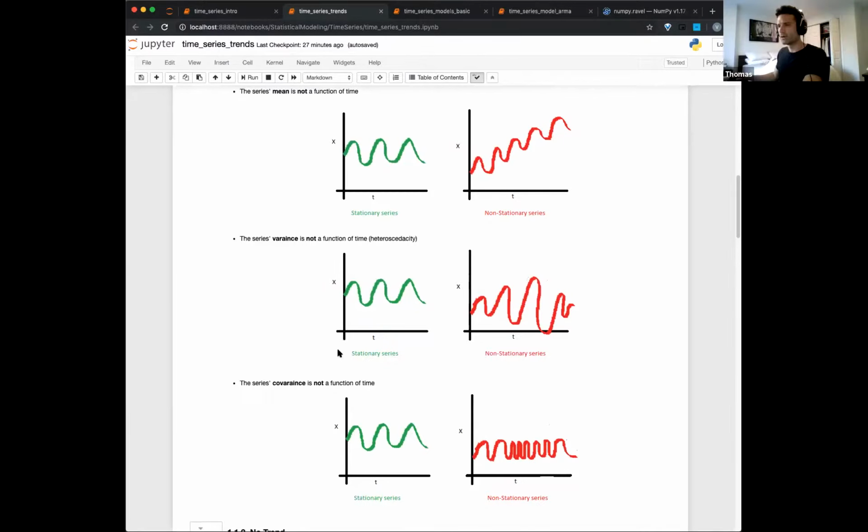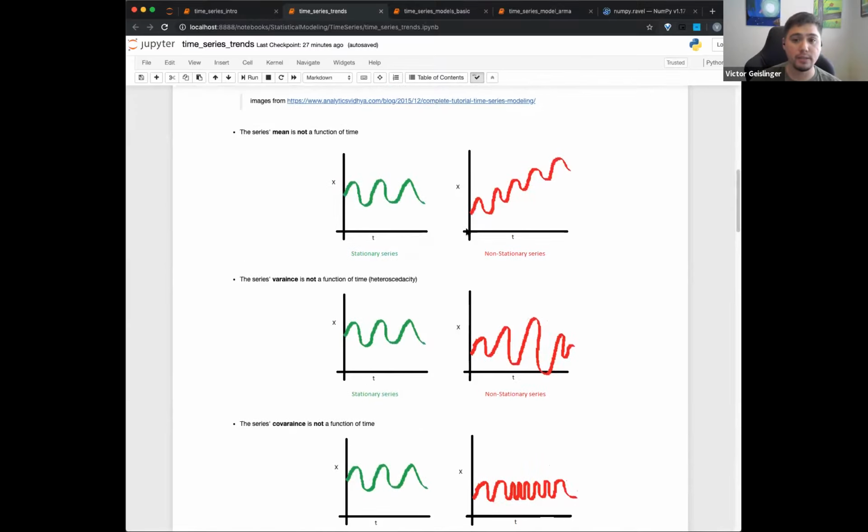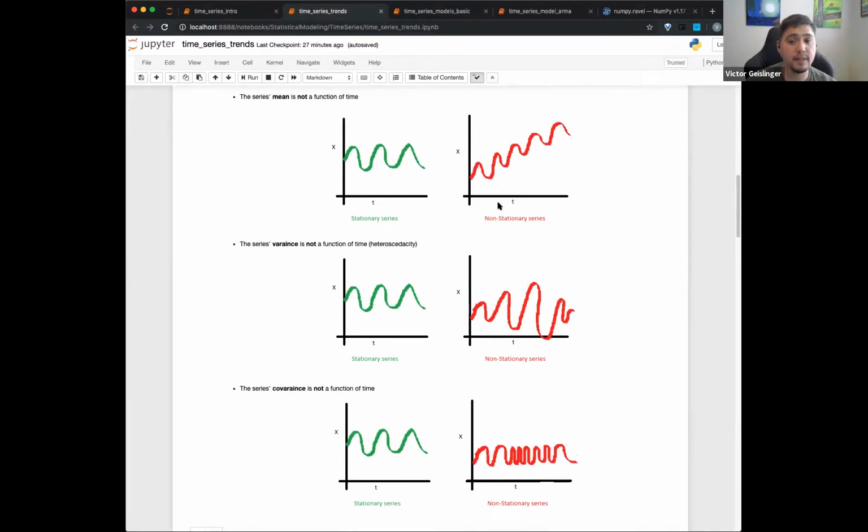Okay, cool. The curriculum has something very similar to this right here. This is actually from this blog, which is again in that link. But just mentioning it is the stationary versus non-stationary.